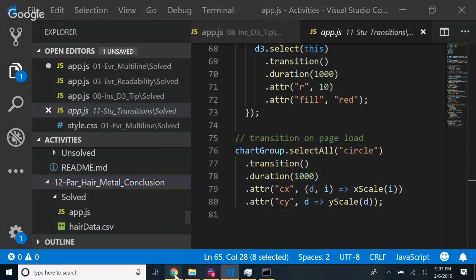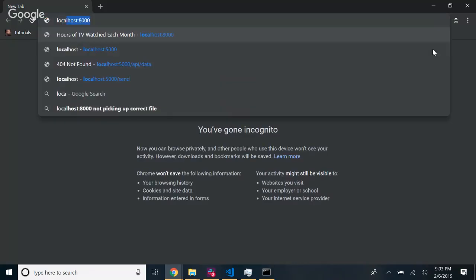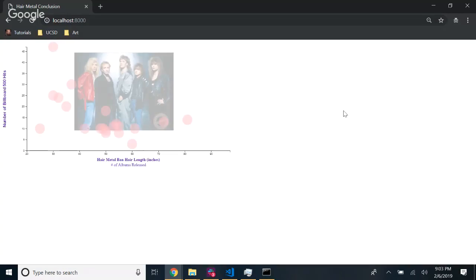There are a lot of functions that we probably haven't covered here, and this is the last class of D3, but